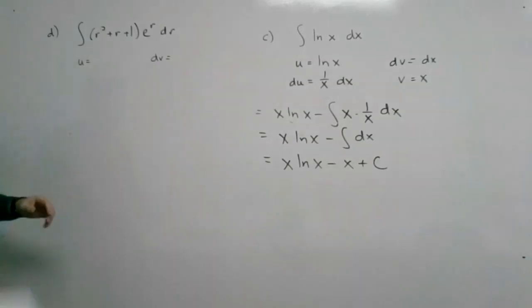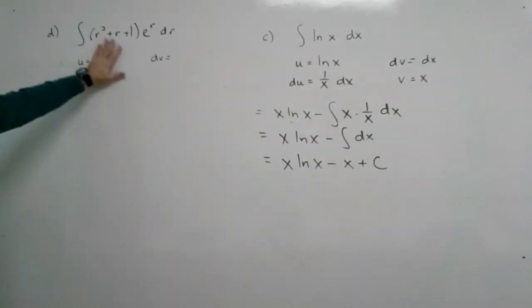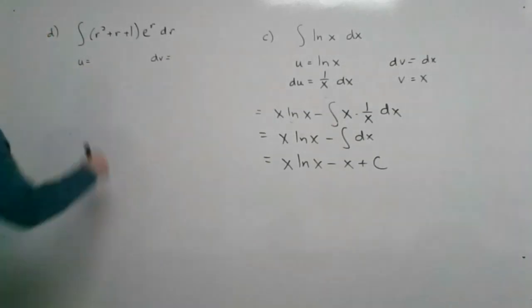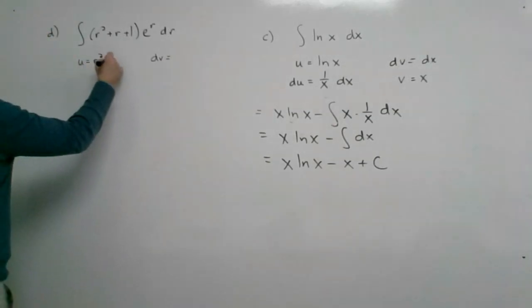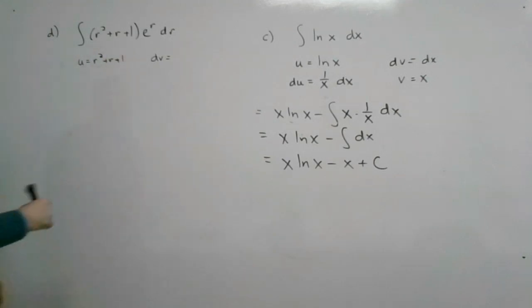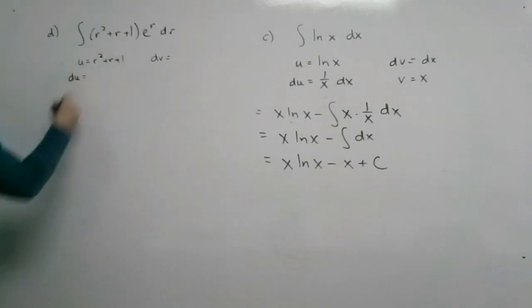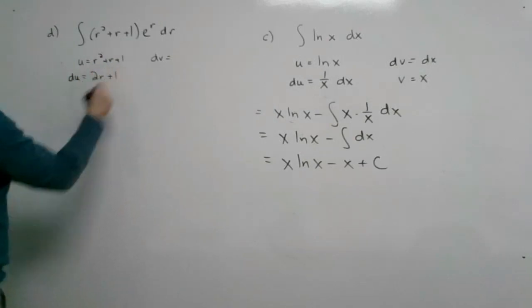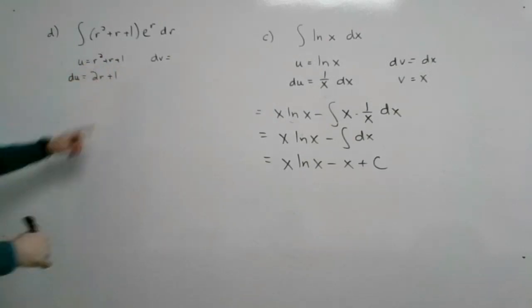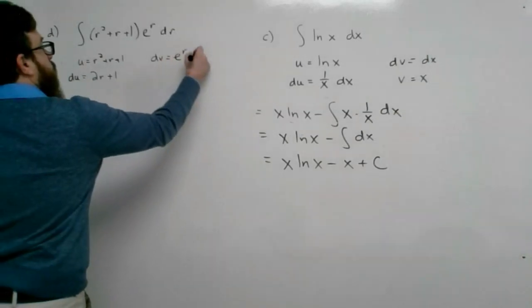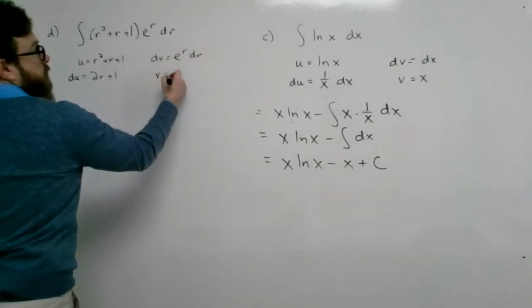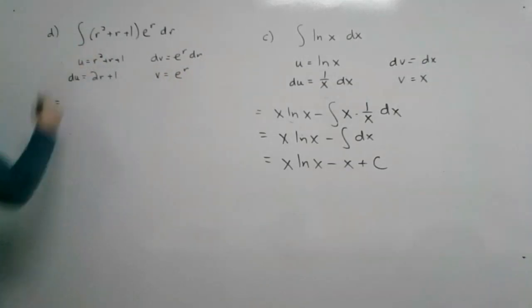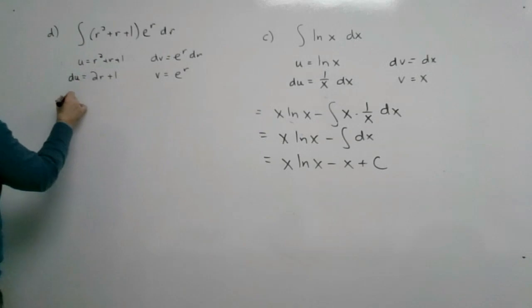A lot of times what I want for u is for du to get easier, and for dv to just be integrable. So I'm choosing the polynomial because I know when I take the derivative, the second degree polynomial is going to turn into a first degree polynomial. So this kind of reduces, and I'm picking e to the r dr because this is easily integrable. So now we know that this integral is going to be uv